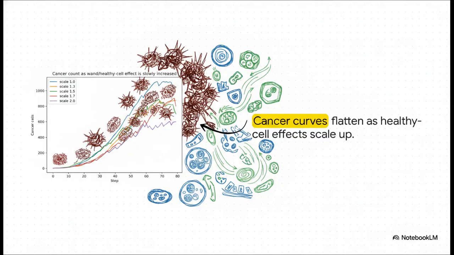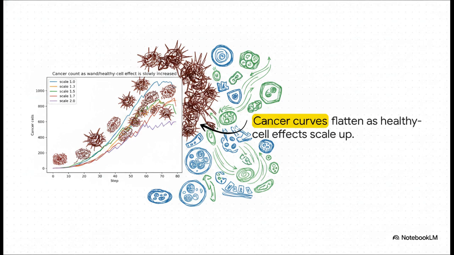Check out this chart. It's absolutely striking. Notice that blue line at the top? That's scale 1.0, the baseline where healthy cells have no power and cancer runs rampant. But as you follow the lines moving down towards scale 2.0, where healthy cells are getting more and more empowered, that exponential curve of the cancer spread gets visibly, undeniably suppressed. Giving the healthy system agency literally flattens the curve